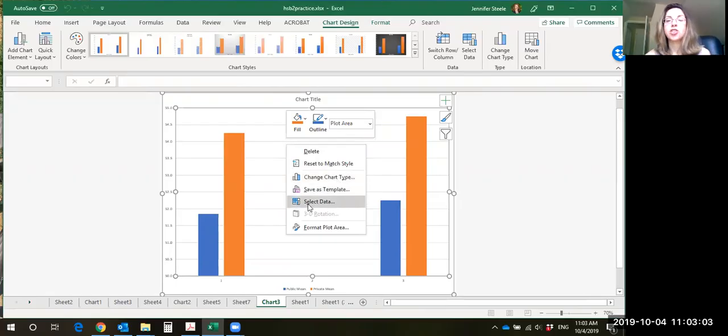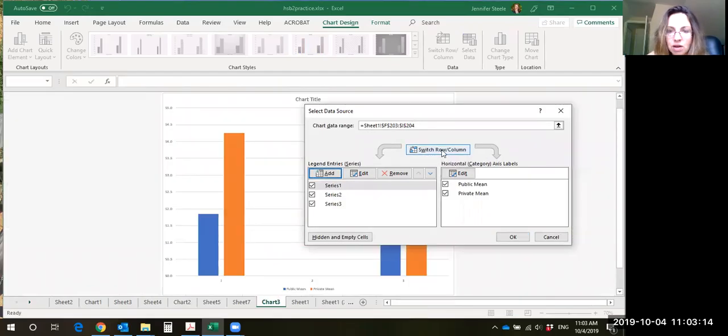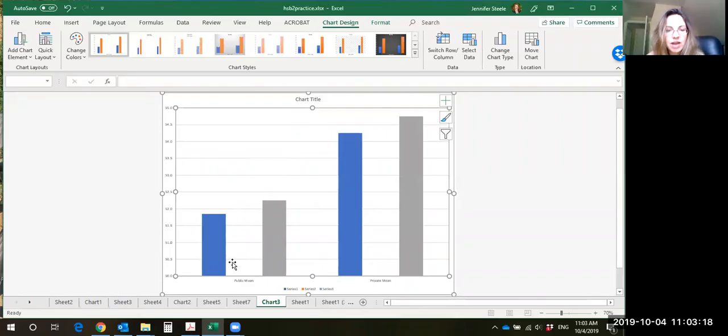Anytime you want to change your data or manipulate your data in a manual graph, you right-click and choose select data. When we do that, we're going to switch row and column. And voila, we now have public down here as one group of bars